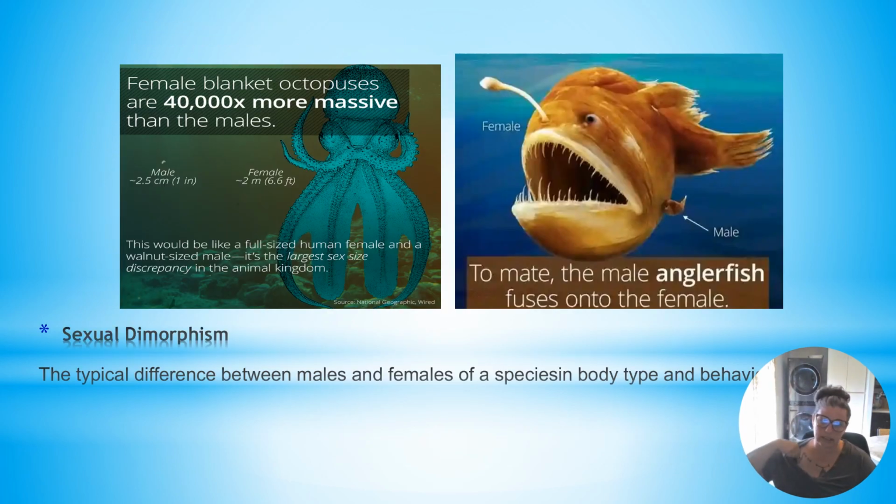So, what is sexual dimorphism? Sexual dimorphism is when there's a large average difference between males and females. In our culture, we like to talk about how men and women are extremely different. But when we look at average differences, we don't see any really significant average differences between men and women, at least in the physical regard, especially when we compare those types of physical differences to ones that we see in the animal kingdom. So one of the examples here is of a female blanket octopus.